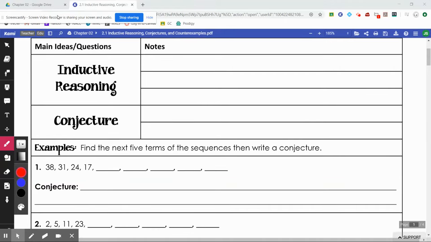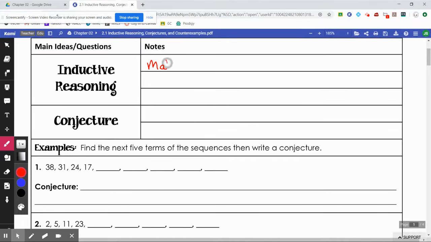Okay, in this section, we're going to be talking about inductive reasoning and conjectures. Inductive reasoning is just one type of reasoning that we're going to be discussing. Inductive reasoning is a reasoning that you've all used nearly every day. Inductive reasoning, by definition,